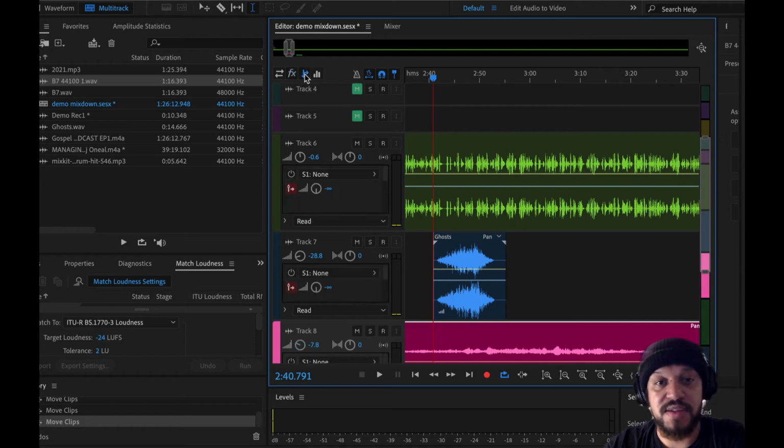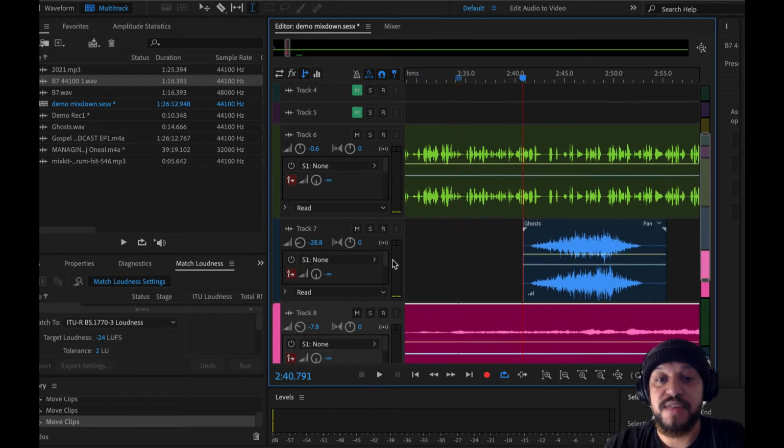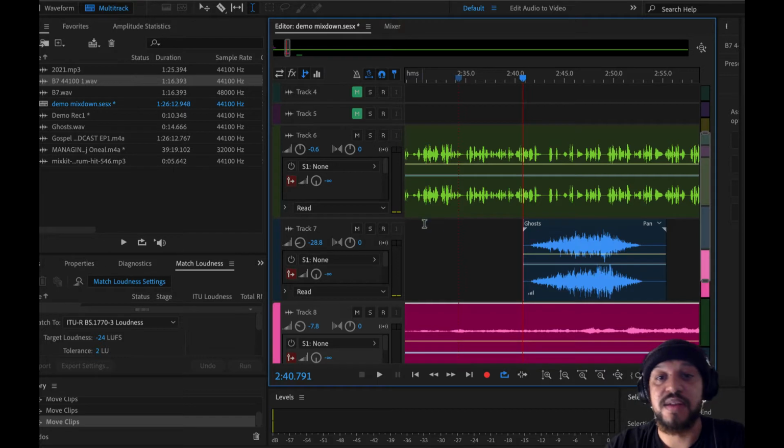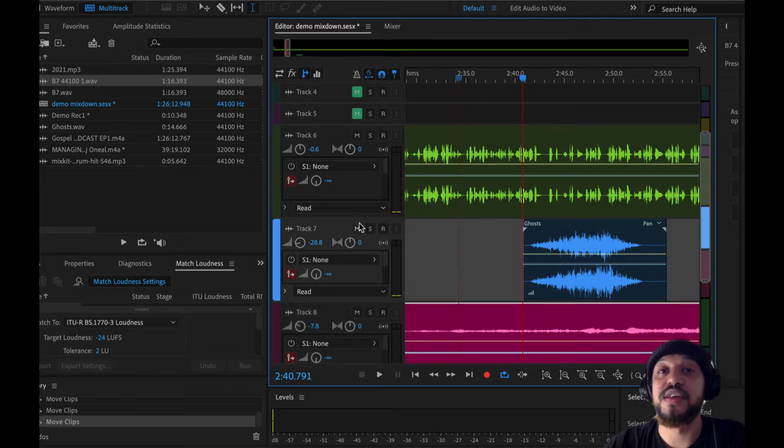We have our sends. The problem with this, if you're adding reverb, delay, and all these really cool things, is that it gradually starts using up your processing power. So a good idea is to create a bus. What that is essentially is a track where you put all your effects on one track. So if you have a delay and a really cool reverb, you can make a specific track for each one